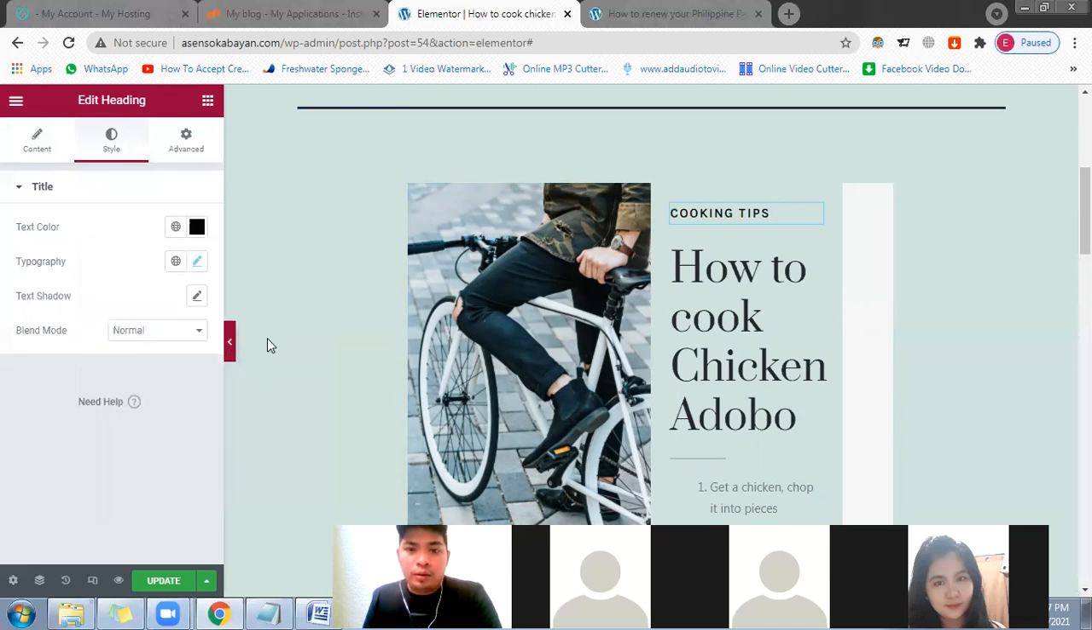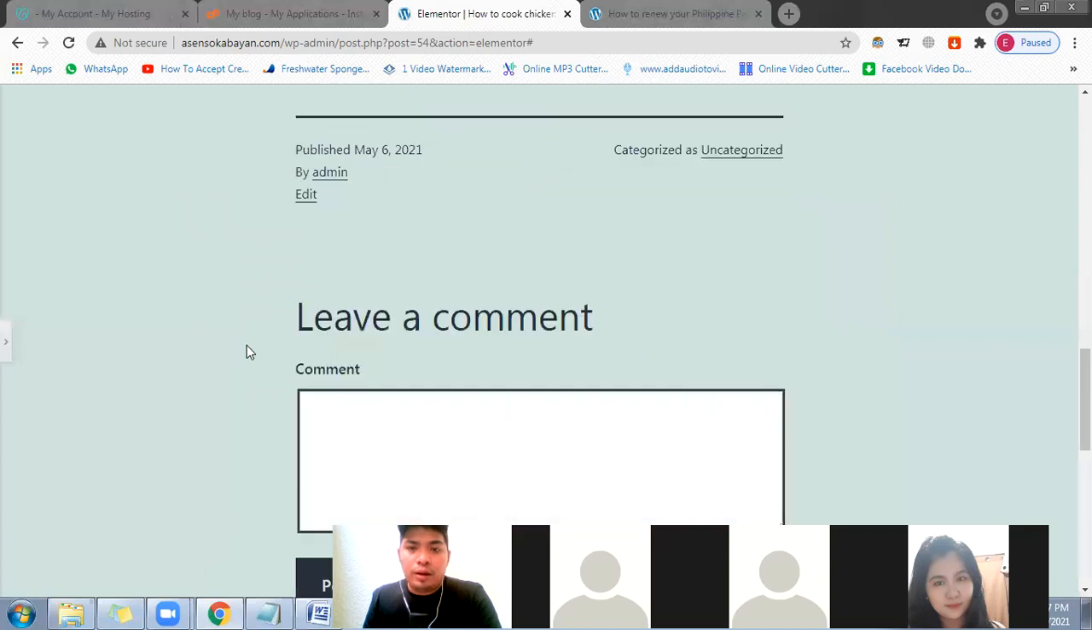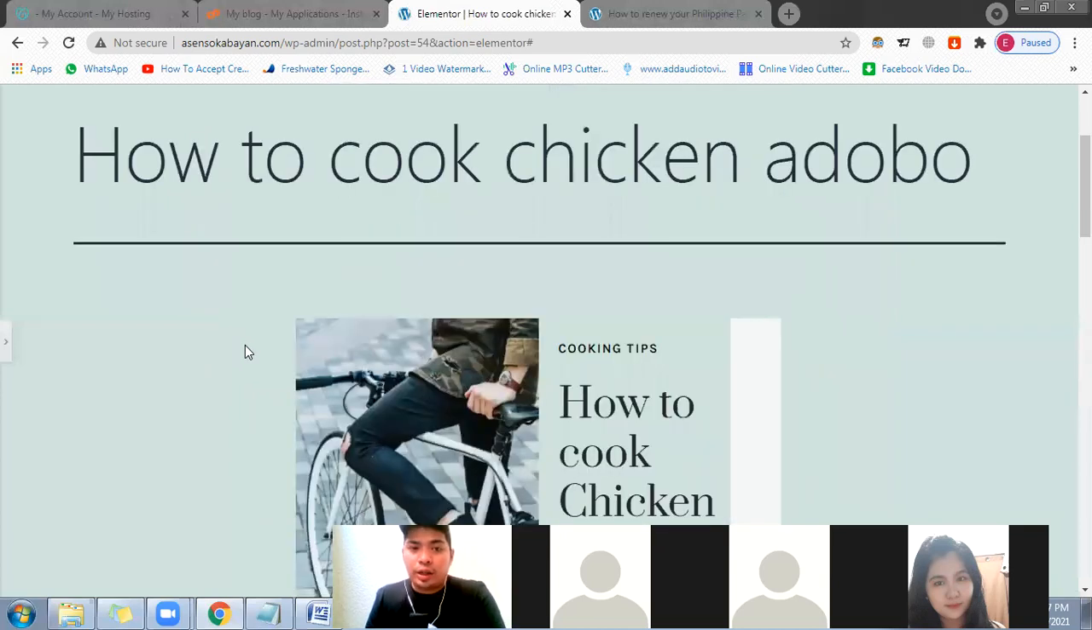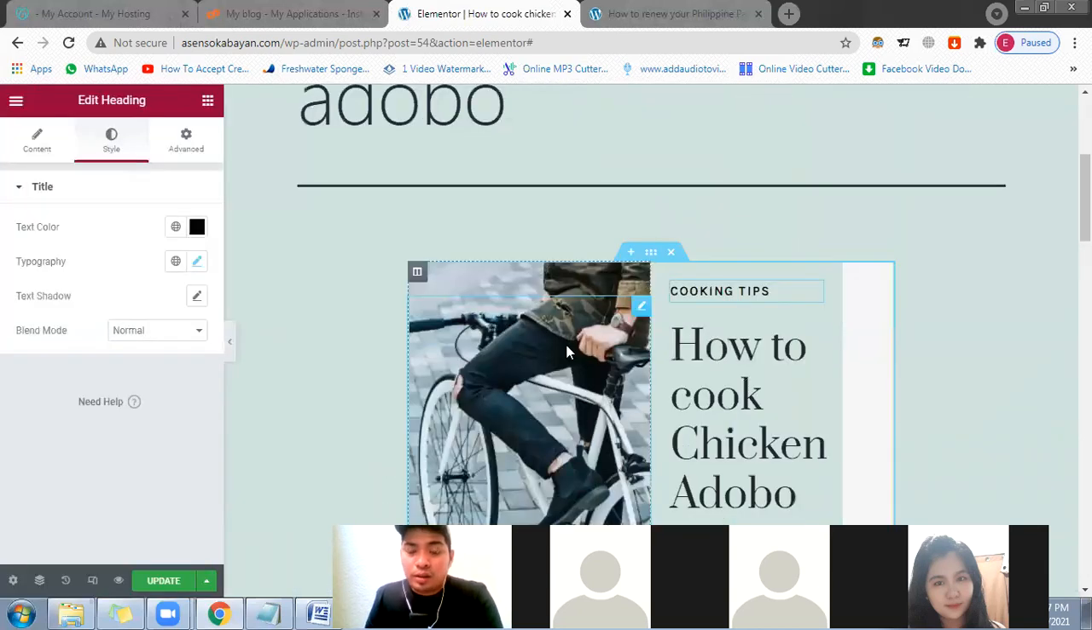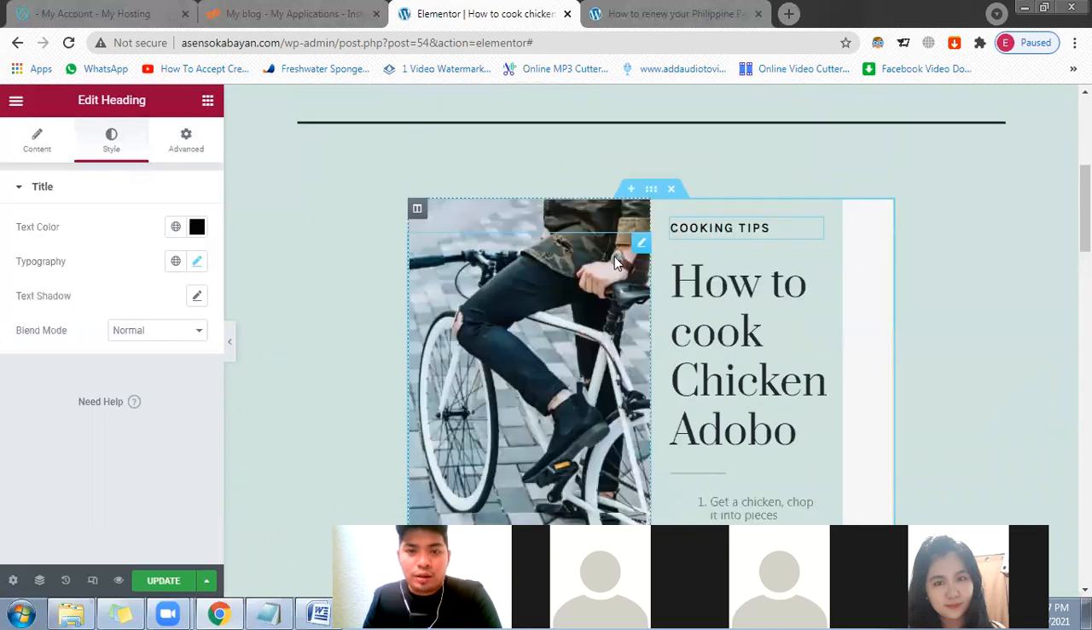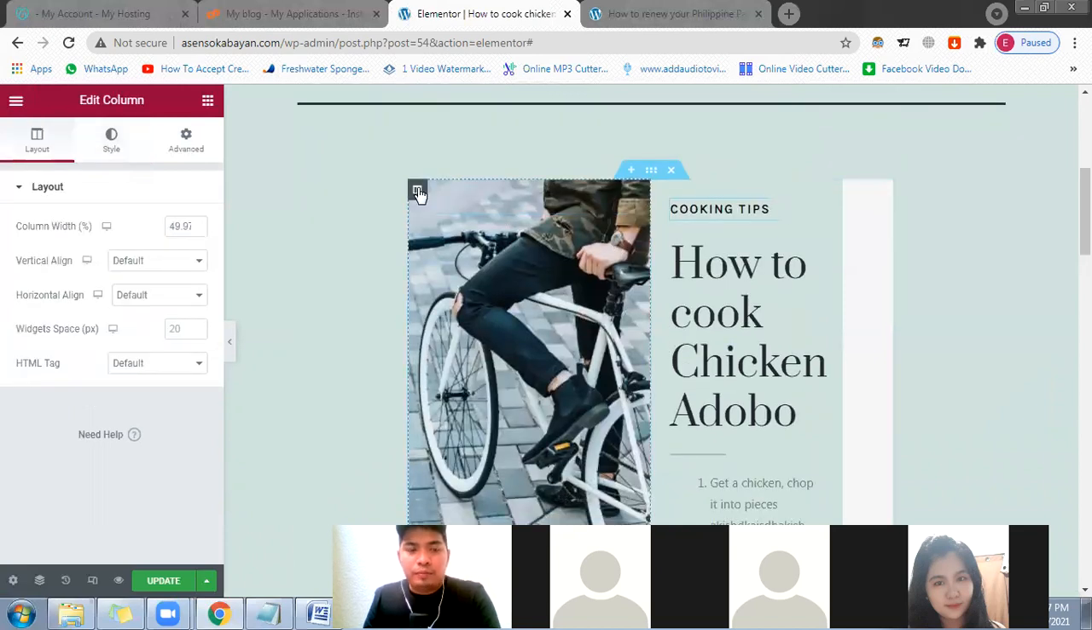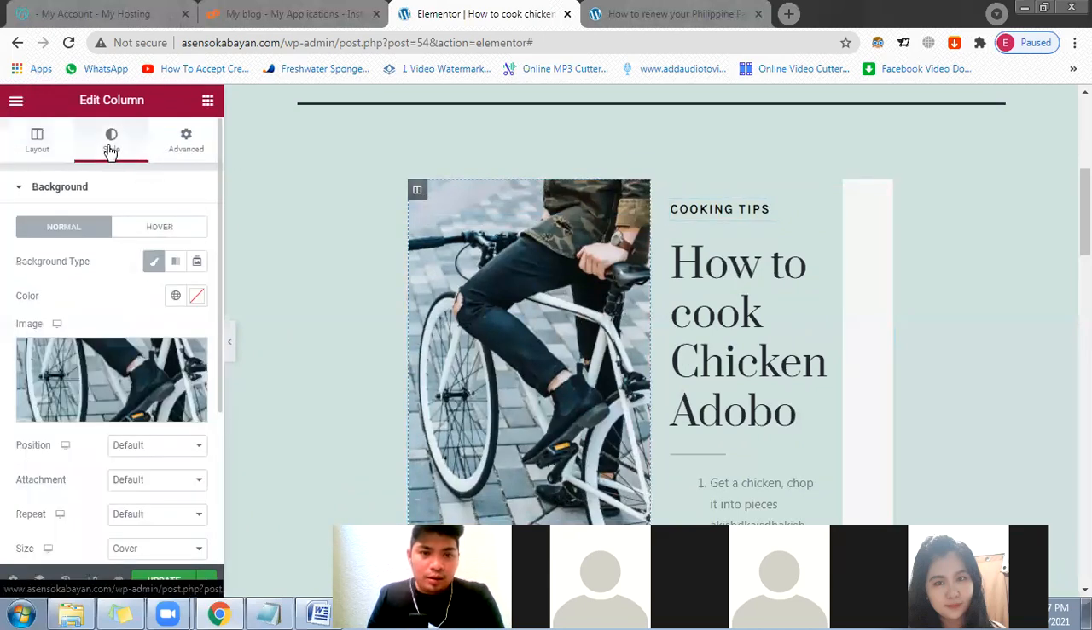And then, ayun. So we already have, let's say, a sample article. So how to cook a chicken adobo. So since wala akong chicken adobo dito, no? I mean, wala akong image na chicken adobo, we'll just pretend na this is a chicken adobo. Or if you want, we can also change the image, no? So all the way here sa style, okay? Click mo lang yung column, okay? Click mo lang yung column tapos punta ka dito sa style and then choose image. Okay? So yun,